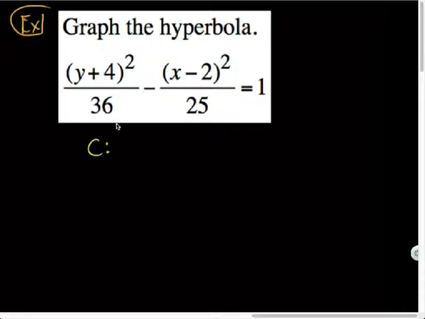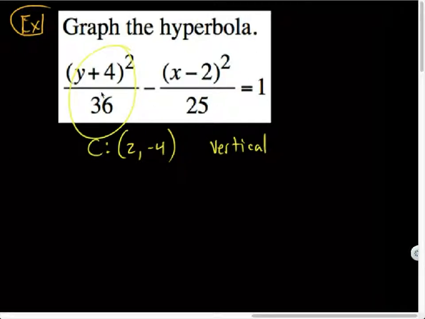That actually is a common mistake because in ellipses and circles, the x fraction came first. So the h is always the opposite of the number with the x. So 2, -4. Don't let that throw you off. Which way do you think this hyperbola is oriented? Right. It's vertical